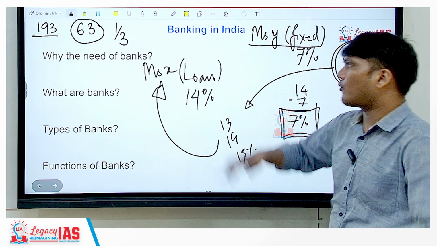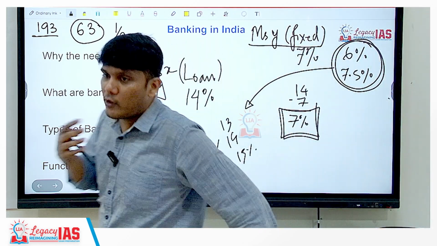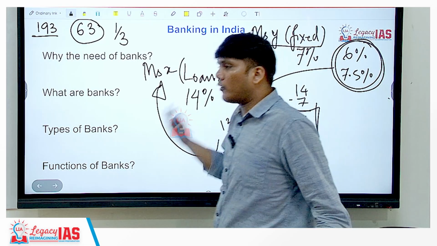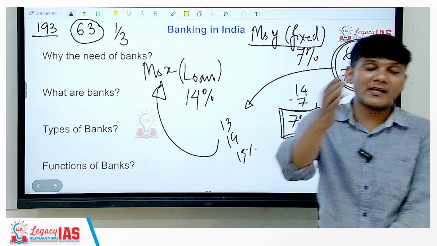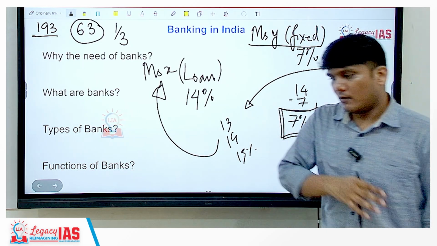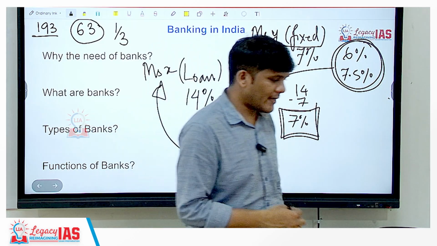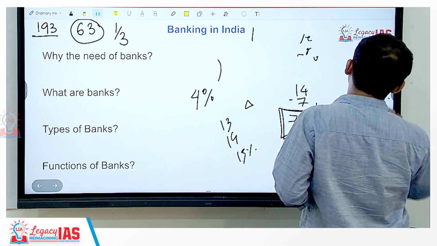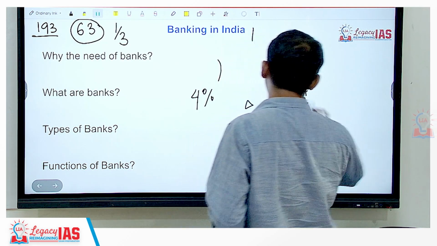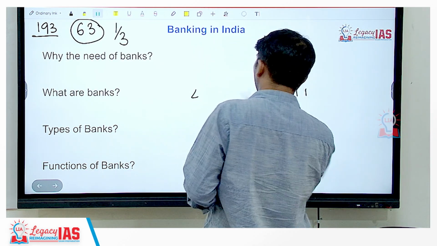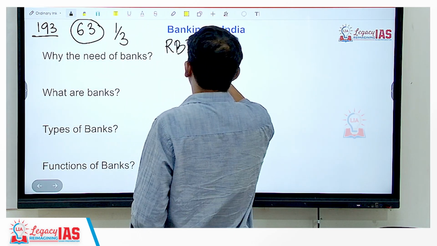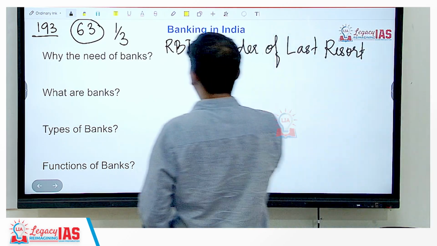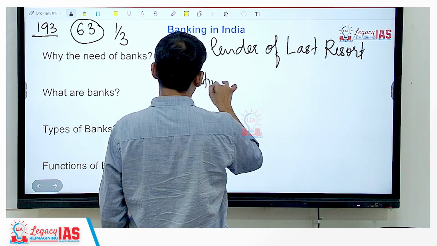RBI again at that time can provide money to the bank, and since RBI is the one providing money to the bank, RBI is also known as the bank of last resort. When the banks do not have money, do not know what to do and from where to get money, they can reach out to the RBI, and in such a situation RBI provides money to the bank. Since that's the last option for the bank, which is addressed by the RBI, RBI is known as the lender of last resort. When no one can help out the bank, it's the RBI that is going to help out the bank, and hence RBI is known as the lender of last resort. In addition to this, RBI is also the regulator of the banking system,